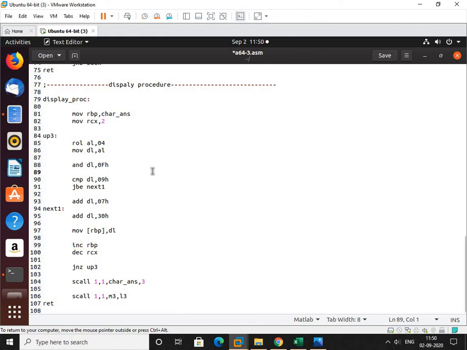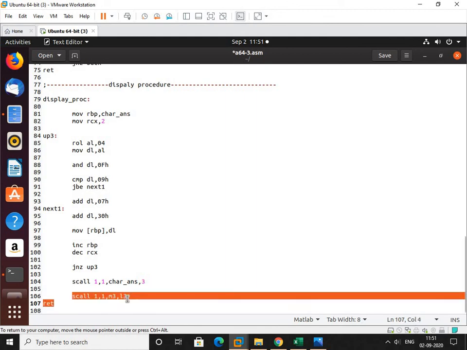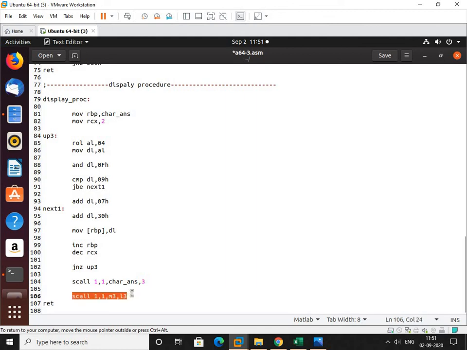Now I have the 2-digit number present in the char answer. So I will call the macro to display these 2 numbers. Scall syswrite, with the file descriptor for the standard output device, that is the monitor. This is the variable in which the 2-digit number is present, and since we will be displaying the number with a space, that is 3 characters, here we have displayed a space message. Okay, and now it will return back.